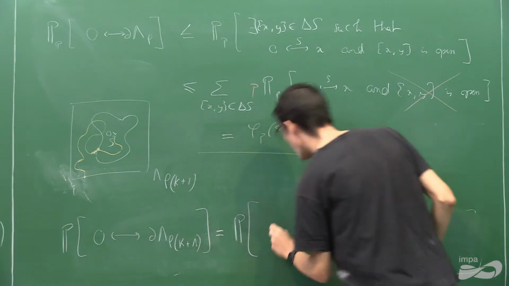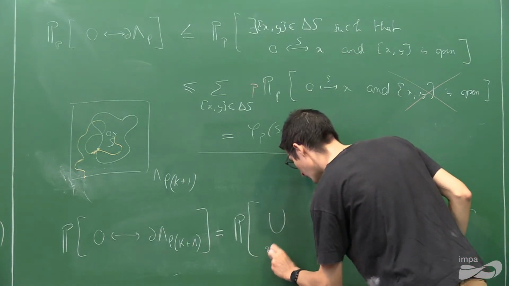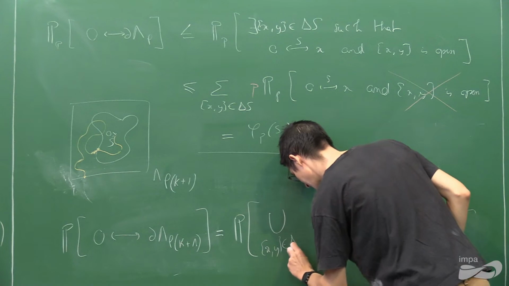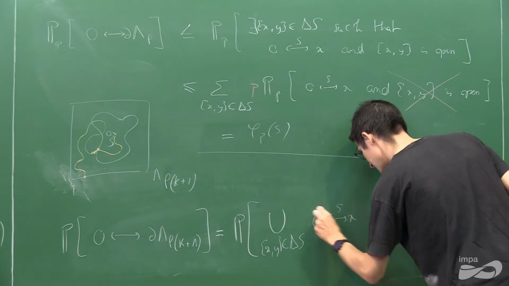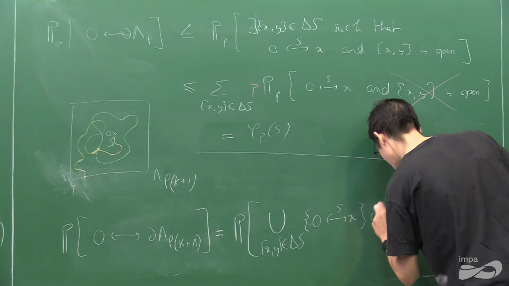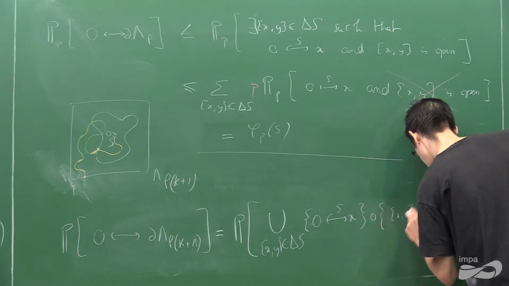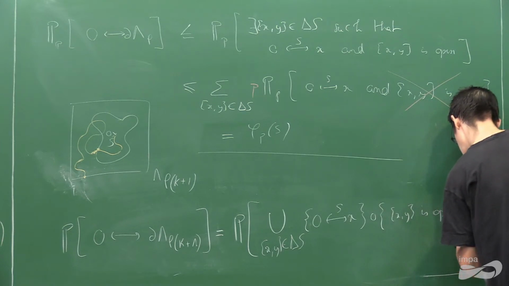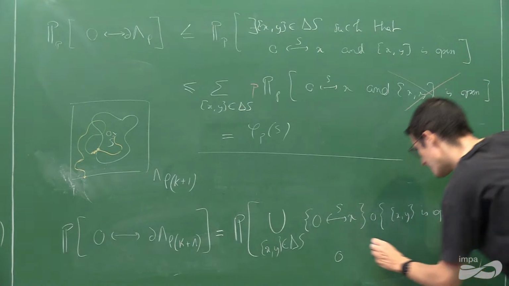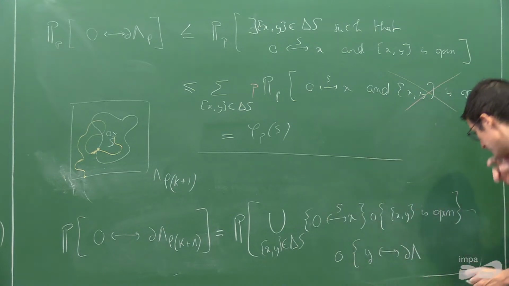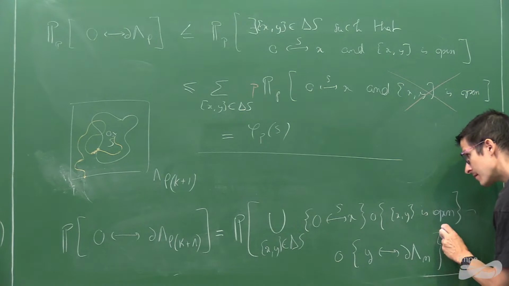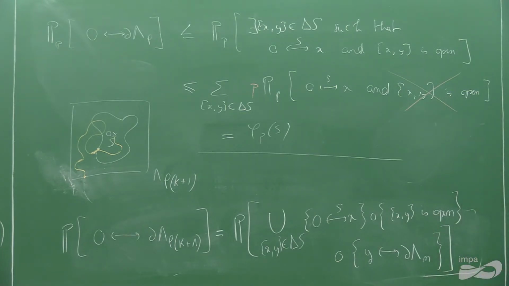to the probability of the union over xy in delta S, that 0 is connected to X, xy is open, and y is connected to lambda. So what I get here